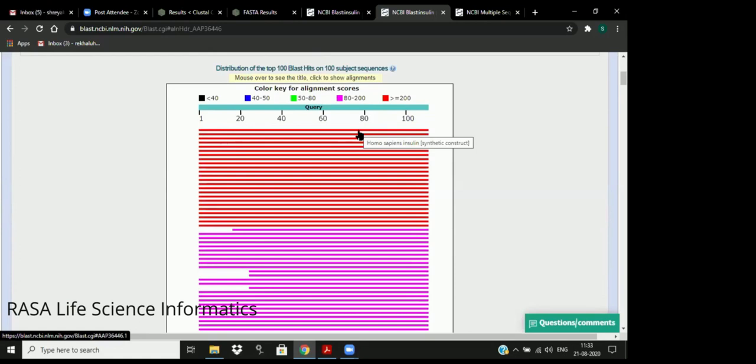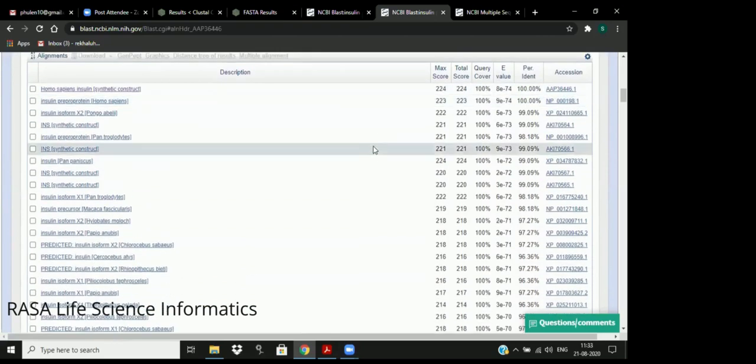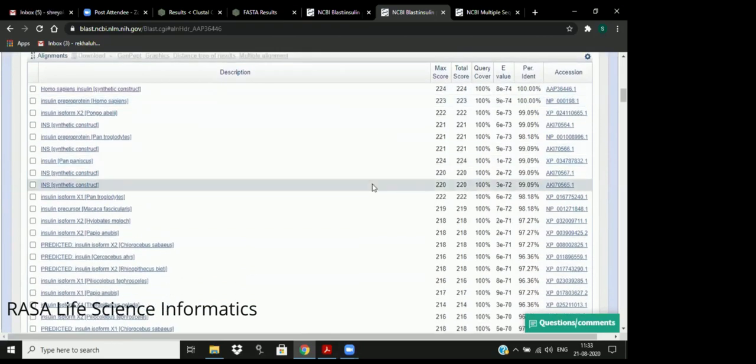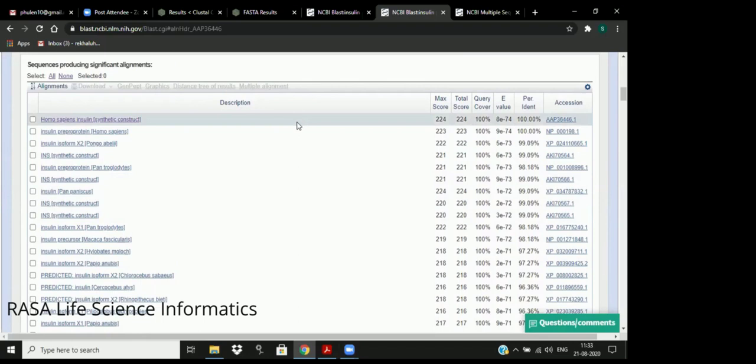So just like, supposing if I want to align myself with the database of people in RASA, in the database, Sakshi's data will also be there, right? Correct? So if I say that I am unknown, but my data is already available in the database of RASA, obviously I will get 100% query coverage, 100% identity. If I would have known the data in the starting, why would I do the BLAST? I considered that insulin is a novel subject, right? This is something which I would have studied. The insulin of Homo sapiens I would have studied